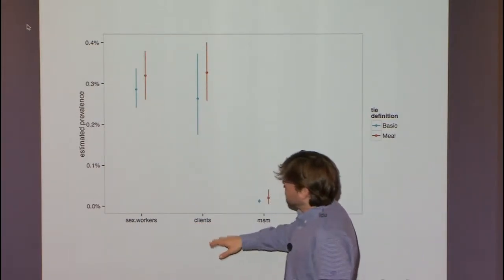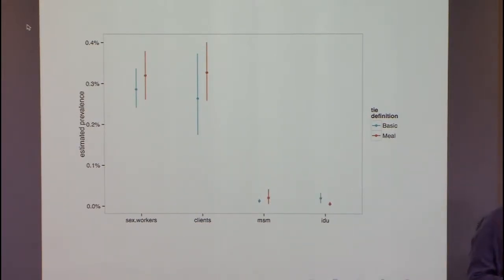And then these estimates are also roughly consistent with their expectations, although we estimate similar numbers of sex workers and clients of sex workers, which is something that they were surprised by. They thought there would be many more clients than actual sex workers. But again, you could imagine situations where this makes sense.